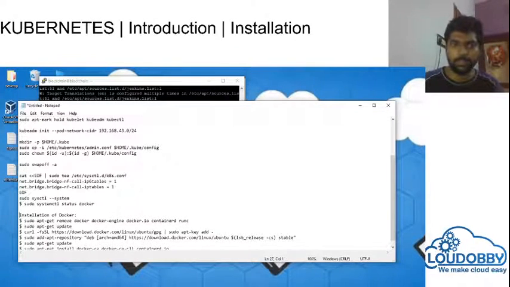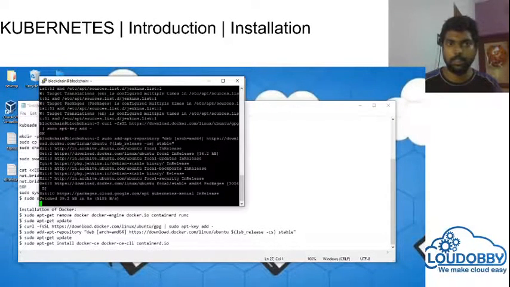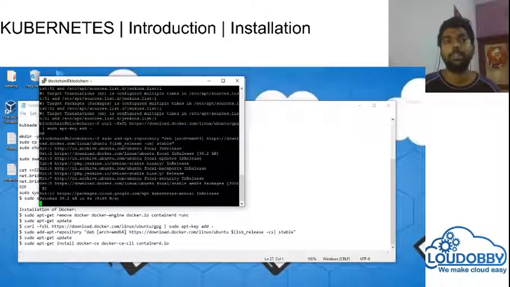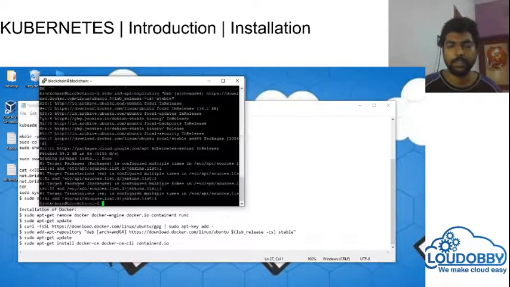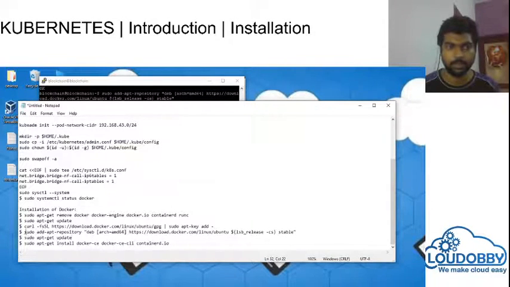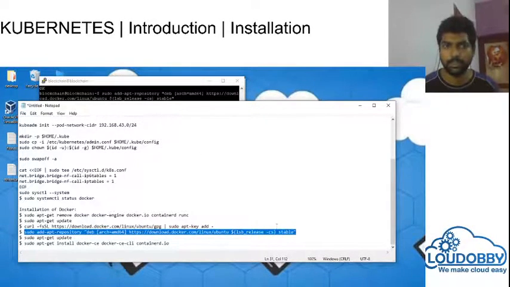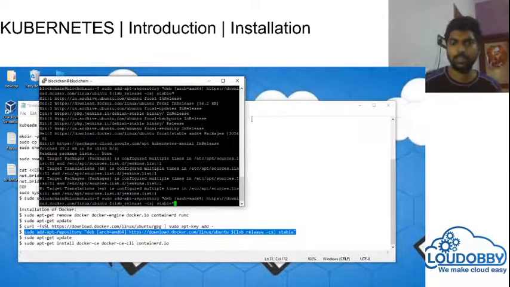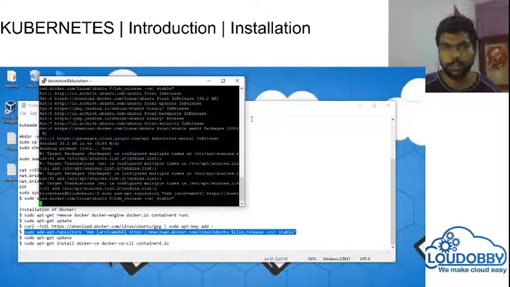In the same tutorial we are now seeing the Docker installation as well, since I had an issue that Docker is not running, my Kubernetes is not starting. So yeah, now I will try to get the stable version of Docker.